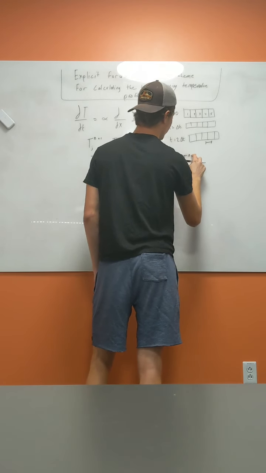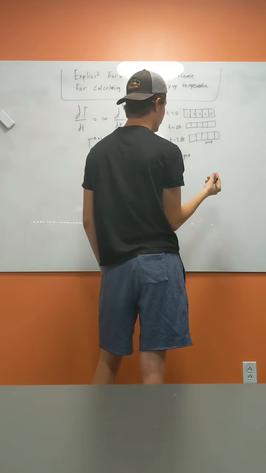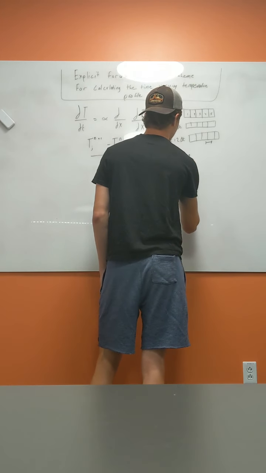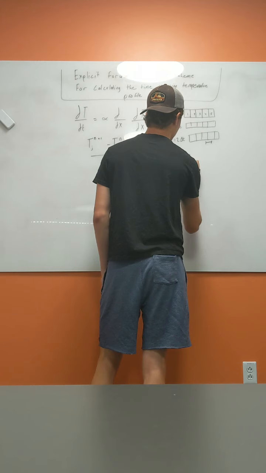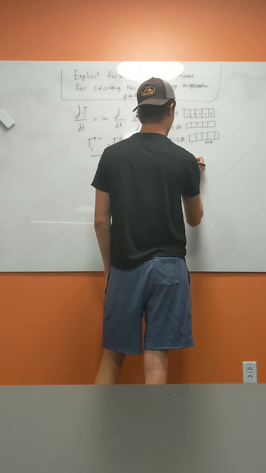Actually, no, it's all going to be in the same time variance over J. It's going to be J